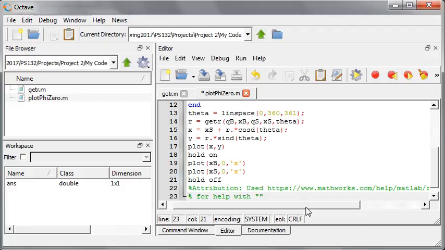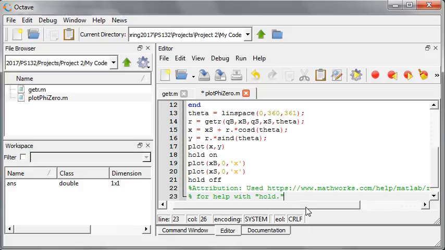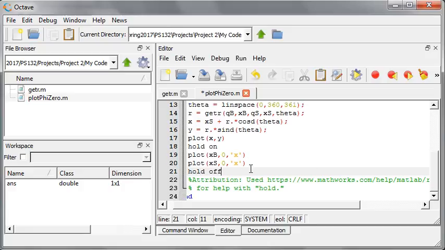I think we'll put that in quotes there. And then I want to look up whatever I was working on there, the limits. Get